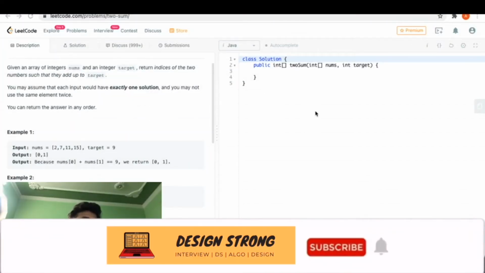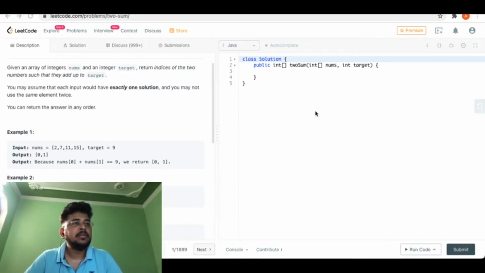The first thing that comes to my mind, because they said that there is going to be exactly one solution, and they also said that all the elements are unique, so the same element cannot appear twice. Of course, the first solution can be brute force, wherein you take a number and search in the remaining array for a combination which returns the target, but that is not efficient. Because all the elements appear only once, and there is only one group which has the target sum, what we can really utilize here is a data structure like a hash map, or a dictionary in the C# world. So let's try to solve this problem.